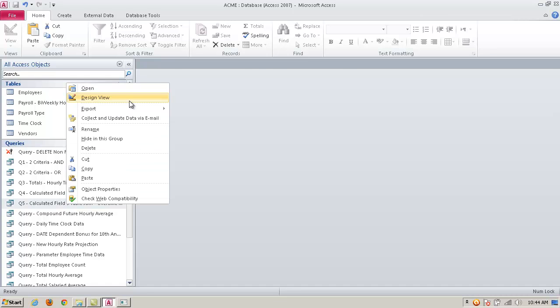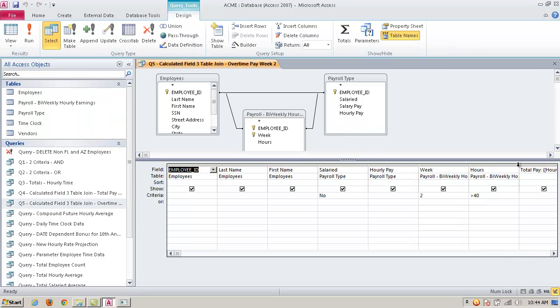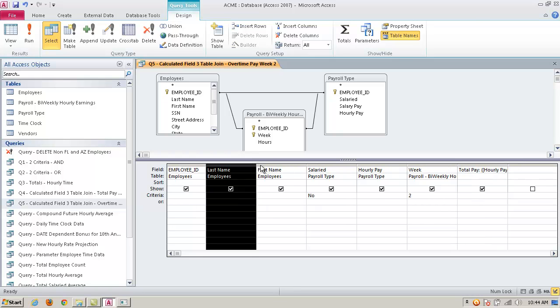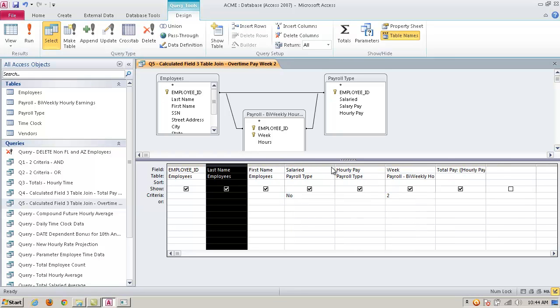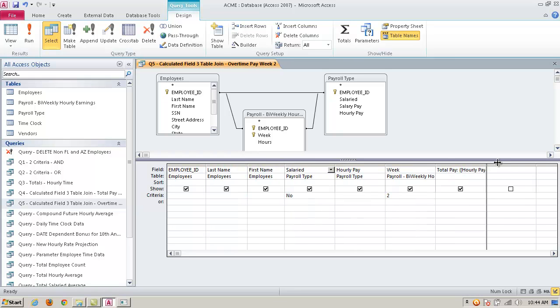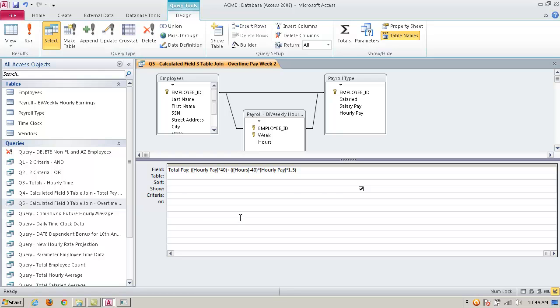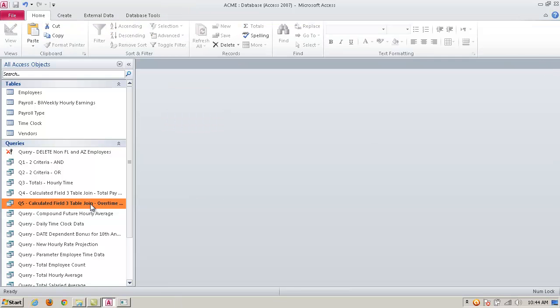And one more time, just to show you the calculated field value. Try to pull these back here. Here was my calculated field value here. Alright, so total pay, hourly paid times 40, right? That was the normal. And then subtract the 40 and then hourly pay there. Alright? Okay. The only other thing to think about,